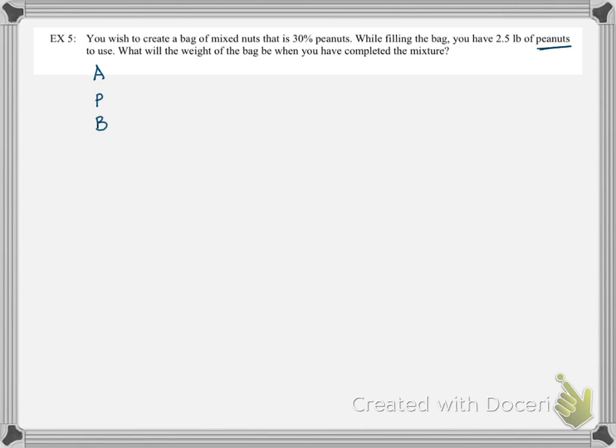What does my percent represent here? Peanuts. Which means that the amount has to be the amount of peanuts in my mixture. What does my base represent? The mixture. It's the total pounds of mixed nuts that I have, right? So, pounds of mixed